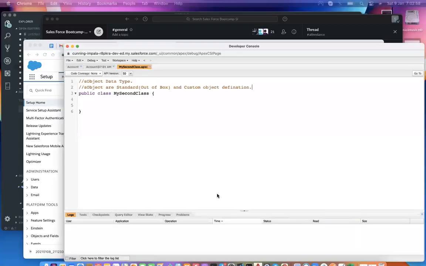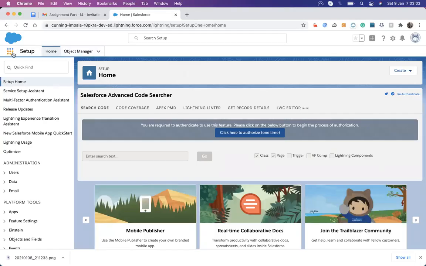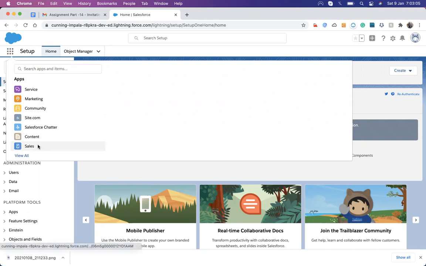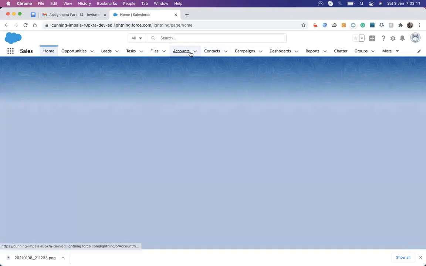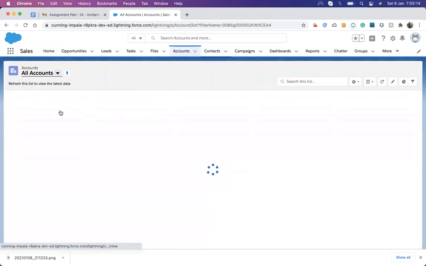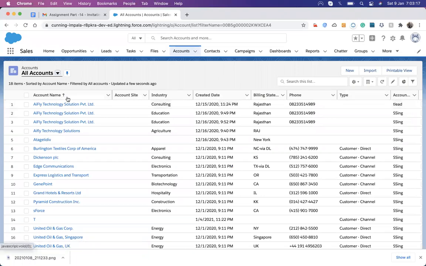Suppose you have an account or a contact or any of the custom objects, these all contain fields, just like contact contains first name, last name, and account contains website, phone number, account number. You can see account name, account site, industry, created date, billing state, phone. These are its fields, and these are called the configuration of that account. Whenever an account is defined, its configuration can also be defined at the same time. So all these concepts accumulate and come into a single point called S objects.